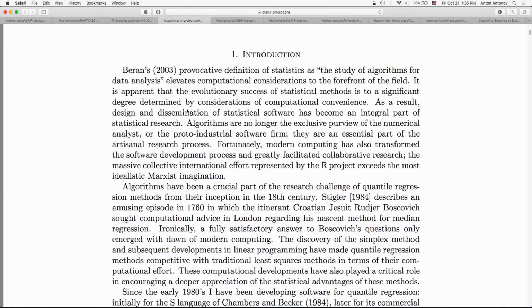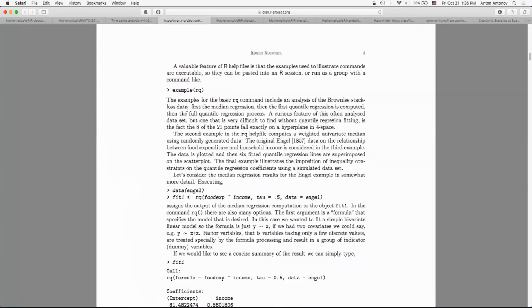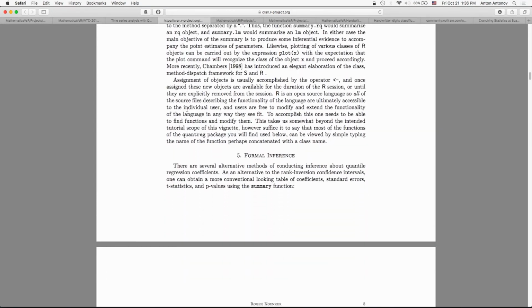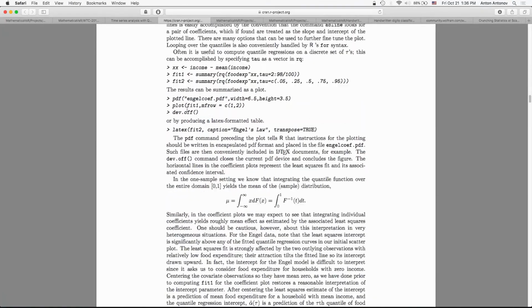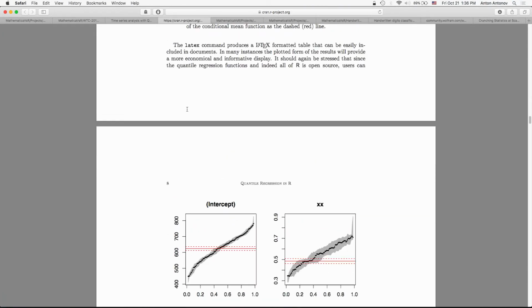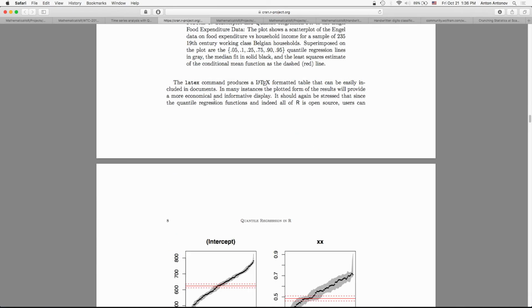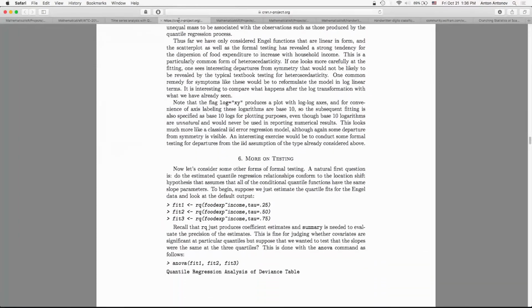I mean, he explains here how to use quantile regression in R, and he has different use cases. Basically, this is what I read. I read this document. This is how I learned how to use this quantreg package and so forth. Right. Okay, well,